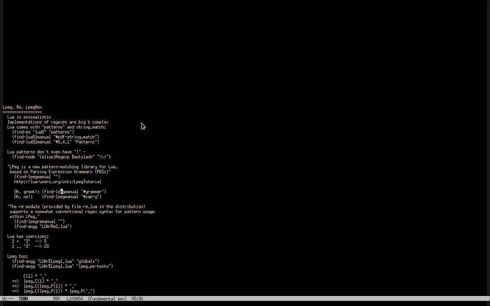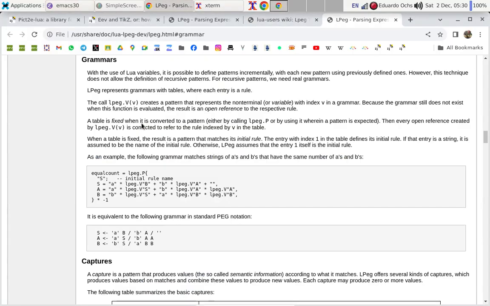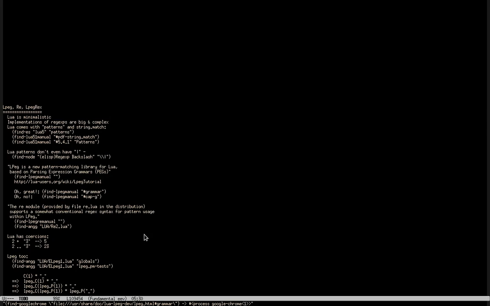For example, this is something that is in the manual of LPeg that I saw and I thought, wow, great, this makes all sense and this is going to be very useful. It's a way to build grammars that can be recursive, and they sort of can encode BNF grammars. We just have to translate the BNF a bit to get rid of some recursions and to translate them to something else.